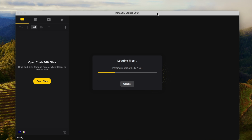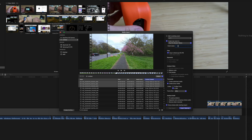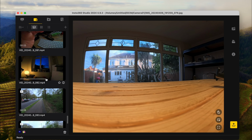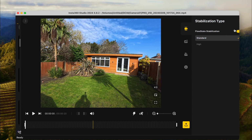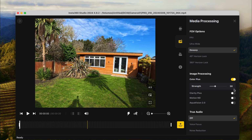Apps. The Mac app isn't the easiest to use. I found it buggy and the user interface takes some getting used to. Though you are able to take video files straight off the memory card and edit them in Final Cut Pro, the reality is that much of the advertised functionality requires the apps in order to get the most out of the camera. Specifically, the app can be used for flow state stabilization, changing the field of view, image processing, audio